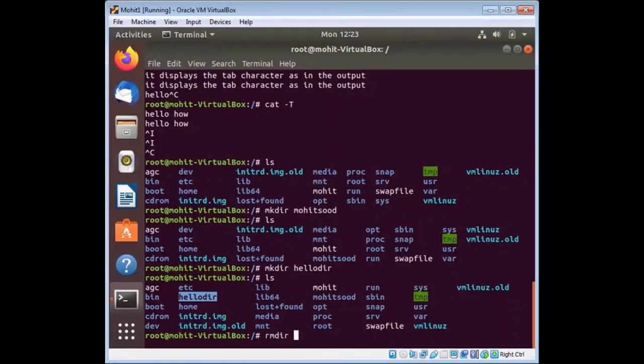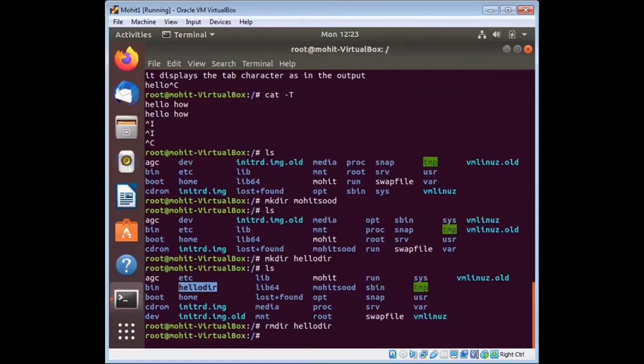Like if I want to delete hello dir, when you press enter, it will be deleted, and subdirectories also. Now check your directory from ls command, whether it is there or not.